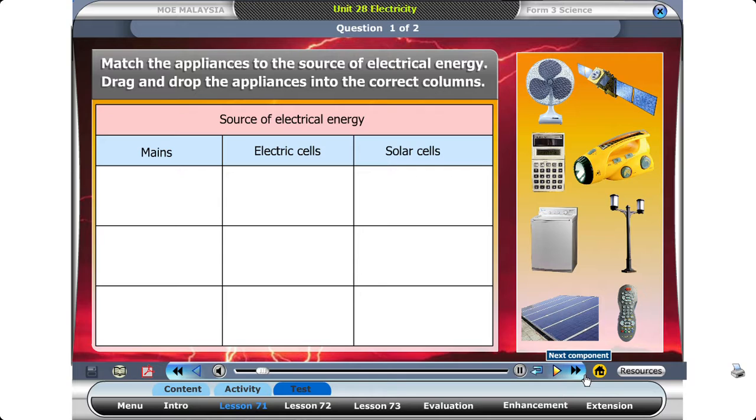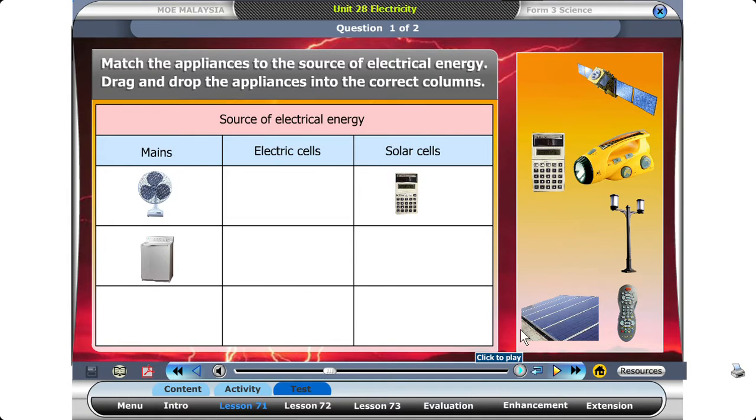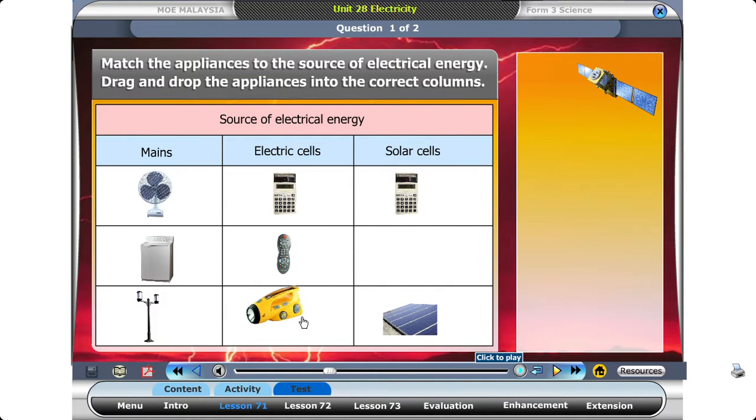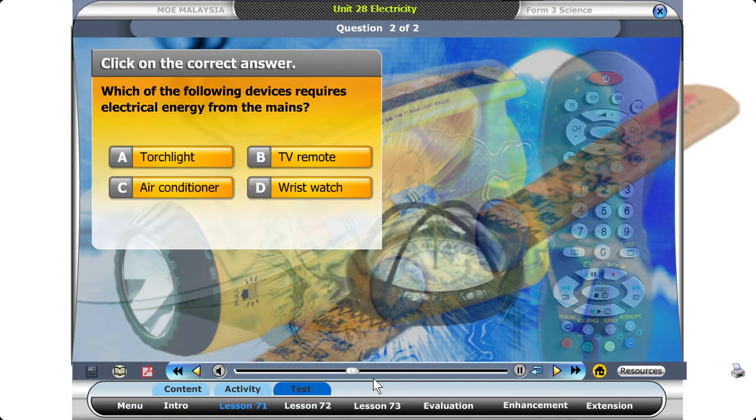Match the appliances to the source of electrical energy. Drag and drop the appliances into the correct columns. Which of the following devices